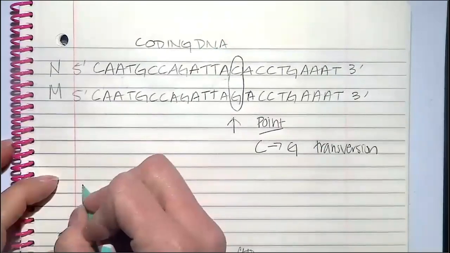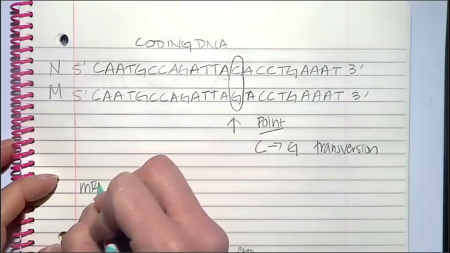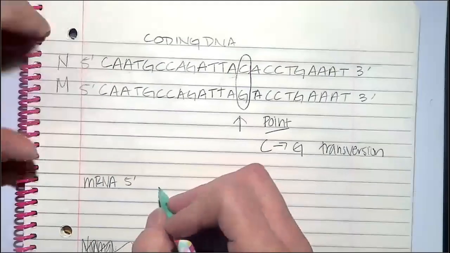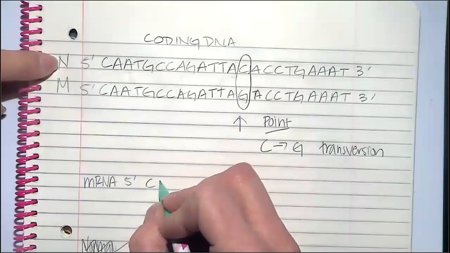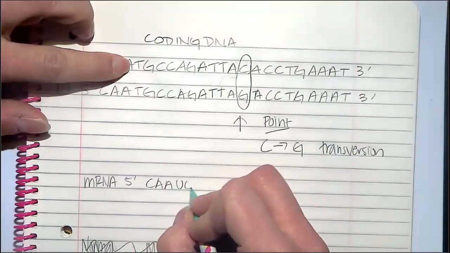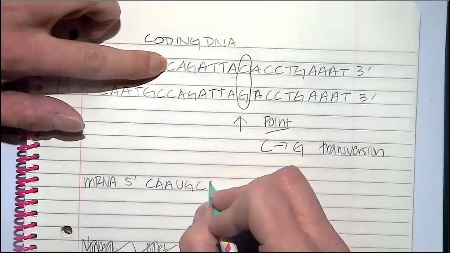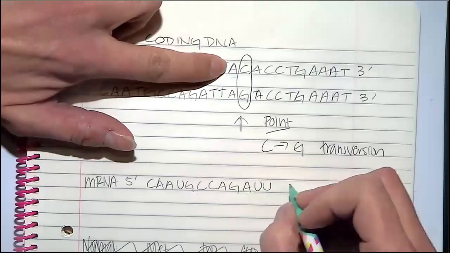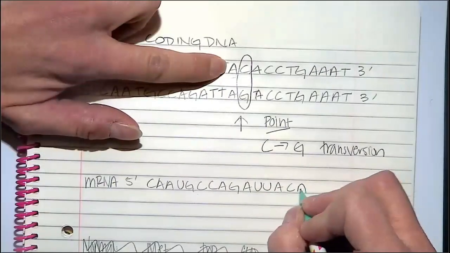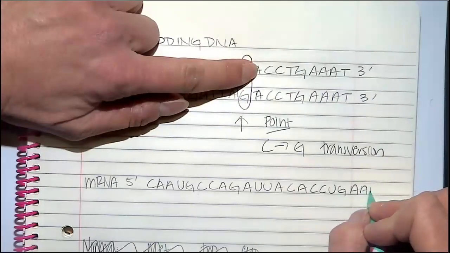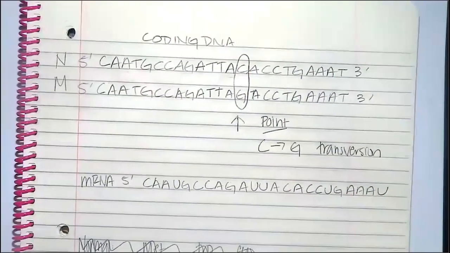So if we want to write out our mRNA, it would be, so we're going to do the normal, CAA, UGC, CAG. Okay, so here's our mRNA,